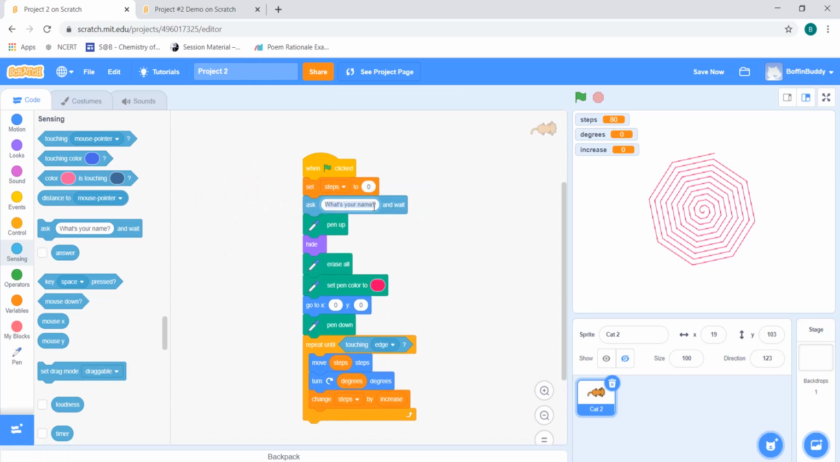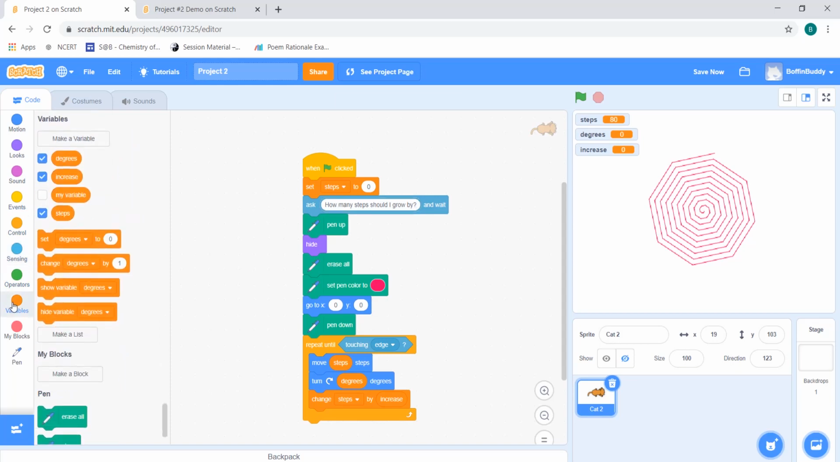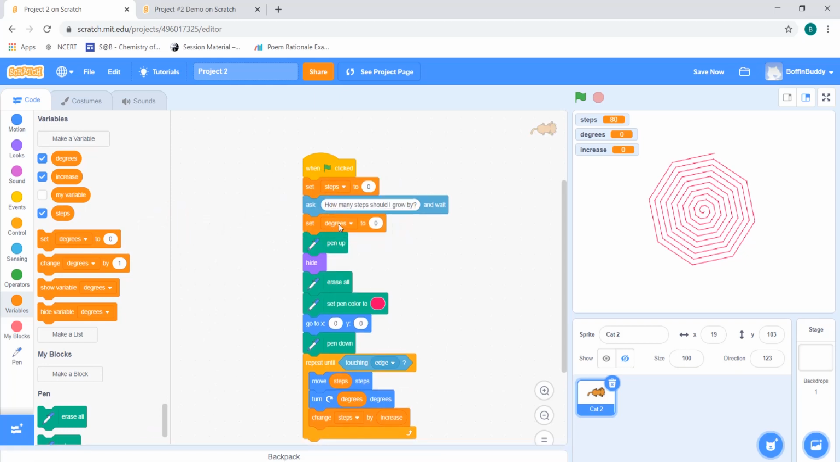And then I'm going to type, how many steps should I grow by? 5. Okay. Then what we're gonna do is make the animation follow the value that you gave. So we can do this by adding the set to block from the variable section below the question. So we're gonna grab the set block, and we're gonna drag it below the question, and we're going to change,